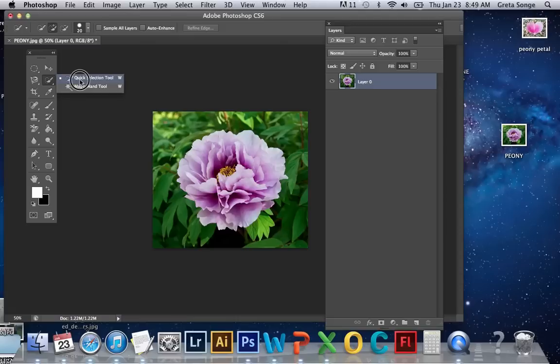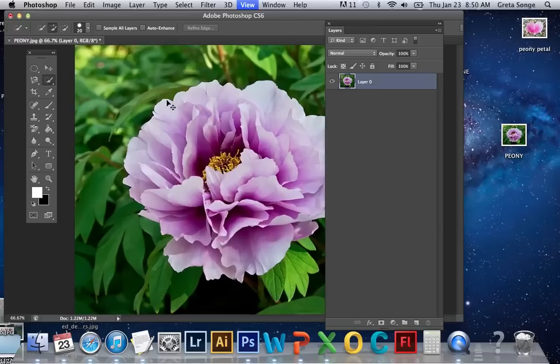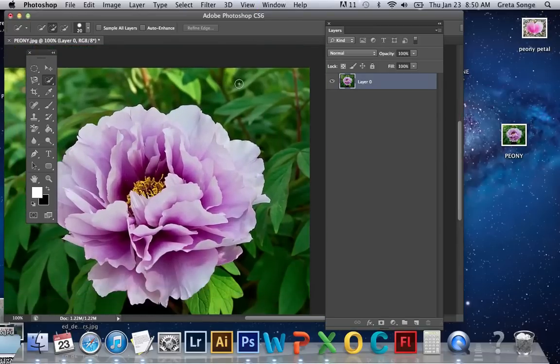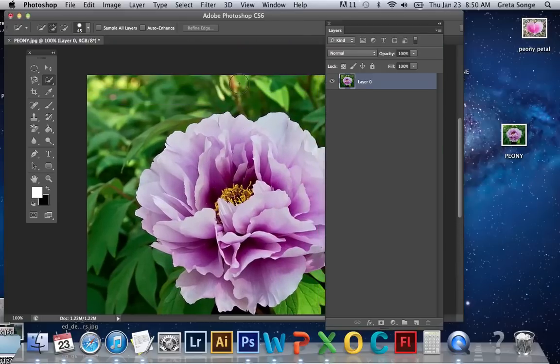Let's start with the quick selection tool. I'll zoom in on the image just a bit by hitting Command plus. And you'll see that I have a circle with a plus sign in it. You can change the size of the quick selection tool simply by hitting the bracket keys next to the letter P. The bracket on the right will increase, the bracket on the left will decrease. If I just click and drag,